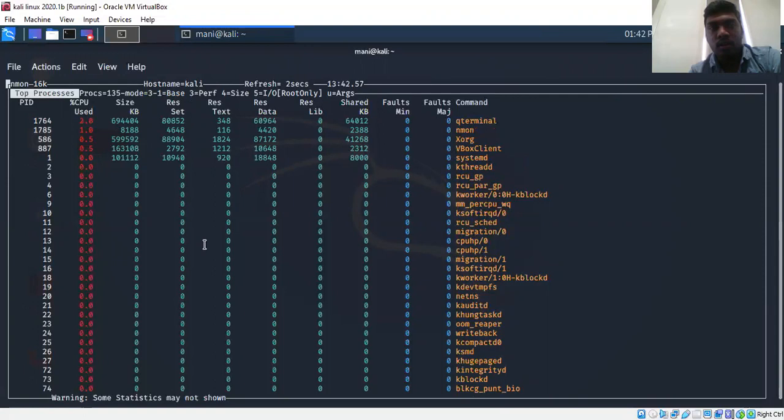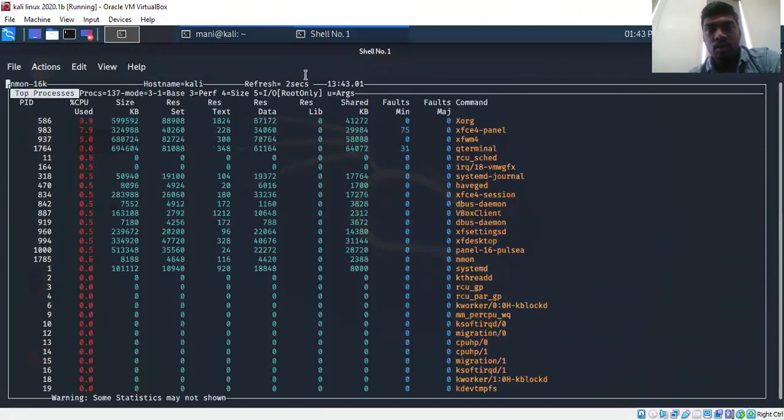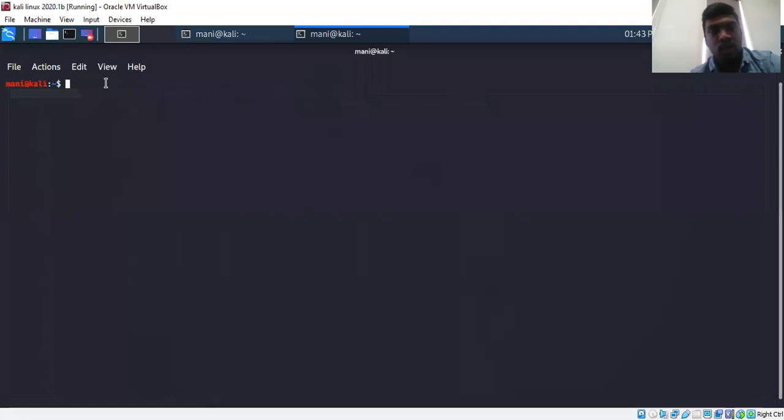Once after clicking on F, we are supposed to go to a new terminal again and enter a command. In order to save the first 10 processes, we enter a command called nmon -s10. Then enter.